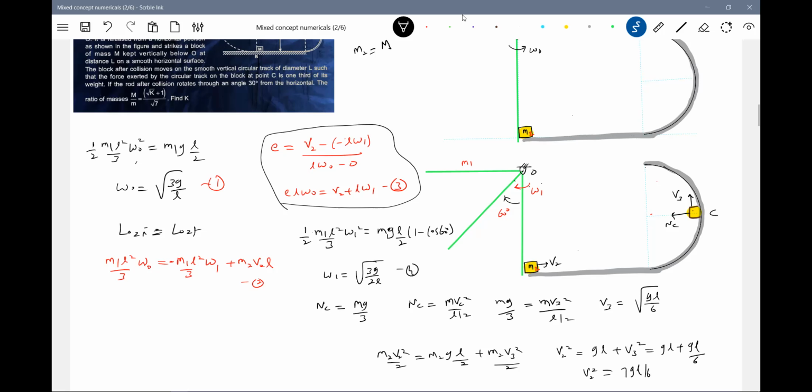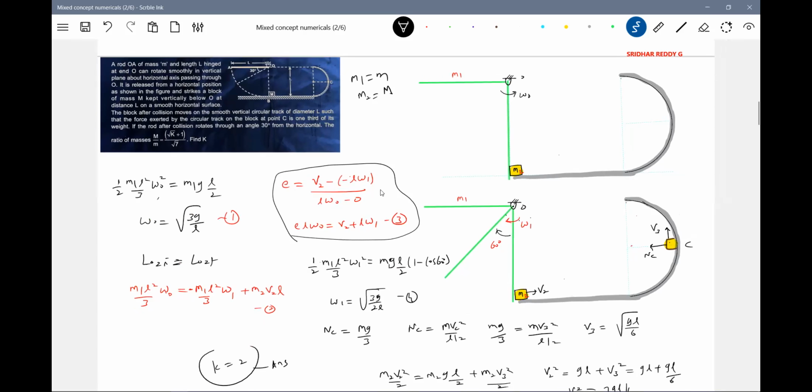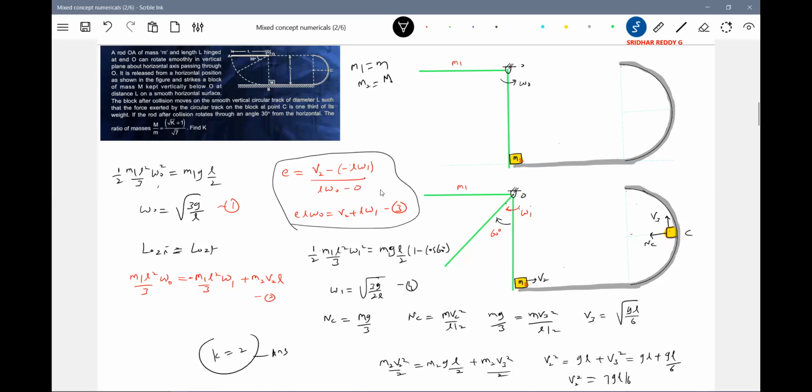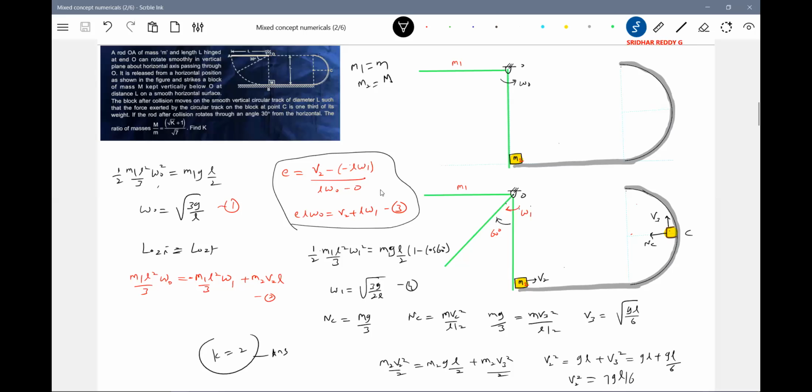So we know the value of V2, then we know the value of omega 1, then we can get that ratio. K will be 2, sir. K will be 2. Okay, fine, good. Some different ideas here: if I ask you the coefficient of restitution between the rod and the block, you can find it out. That's why I brought equation 3. Whenever the rod collides, the rotation mechanics concept has to be brought here. I wanted to discuss it in rotation mechanics, but for the final exam we don't know how they'll categorize anything. That's why I just brought it here.